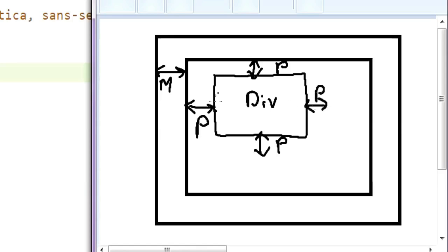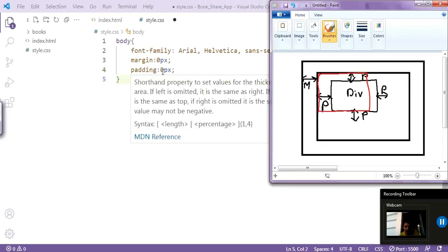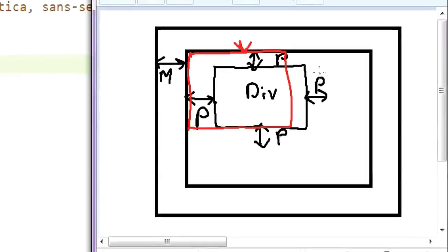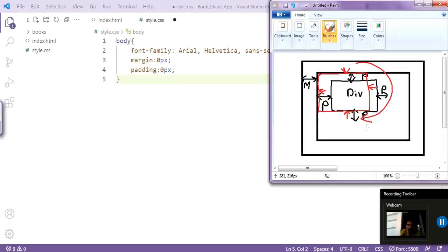And when we write padding 0 pixel, it means that we have to remove this space. So हमारी div जो है वो अब यहाँ से शो करेगी, something like this. And when we write 0 pixel, it means top से 0 पिक्सल, right side से 0 पिक्सल, bottom से 0 पिक्सल and left से 0 पिक्सल. So clockwise order में हमारा साइज को एडजस्ट करते हैं, चाहे पैडिंग हो और मार्जिन हो या कोई भी अदर एलिमेंट हो, space is adjusted clockwise. And we can see this in our browser also.